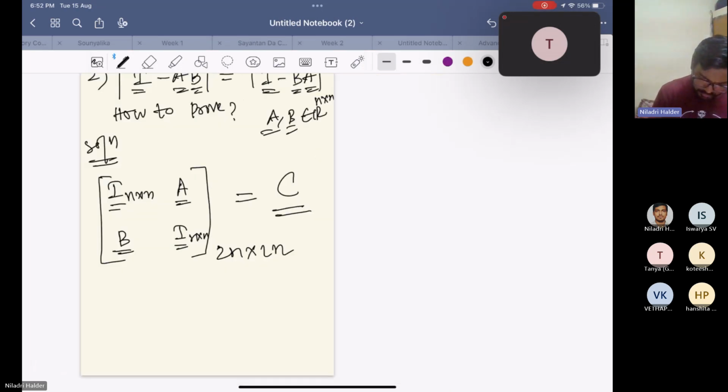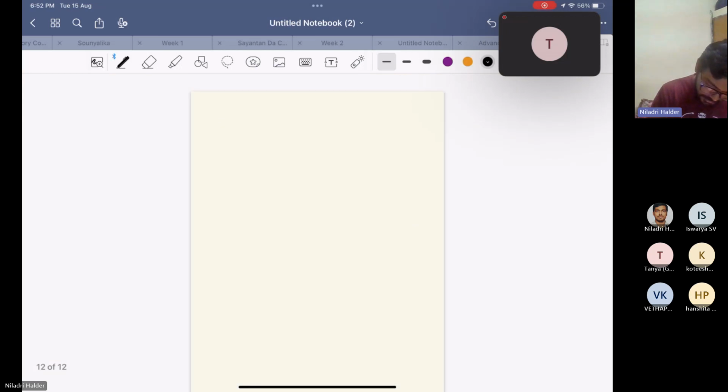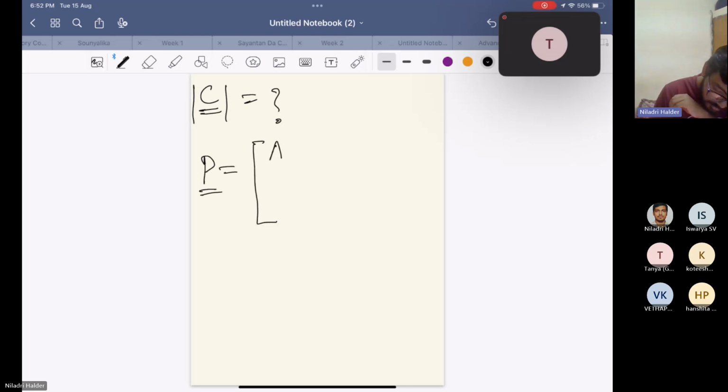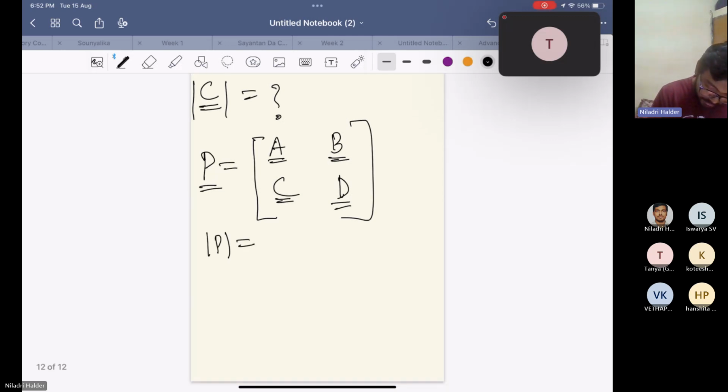I have shown that in the last class. So to show that, we have to use this formula. Suppose P is a matrix, P is equal to A, B, C, D, where A, B, C and D are all matrices, but these are block matrices. Then what should be the determinant of P? So the determinant of P is equal to det of A into det of D minus